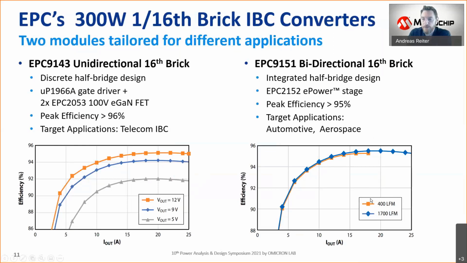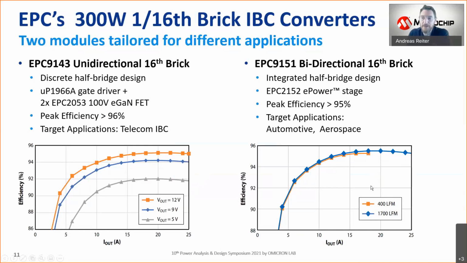If we refer to, let's say, a conventional airflow, which might be implemented in one of the telecom racks, this is usually in the ballpark between 400 and 800 LFM. So here at the lower end at 400 LFM, we lose a little bit of efficiency. So this is roughly